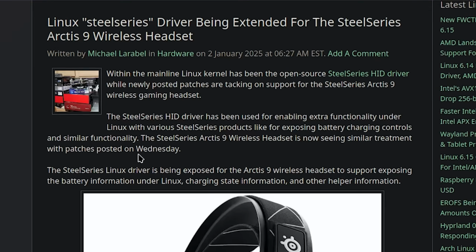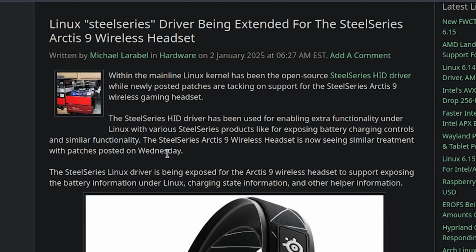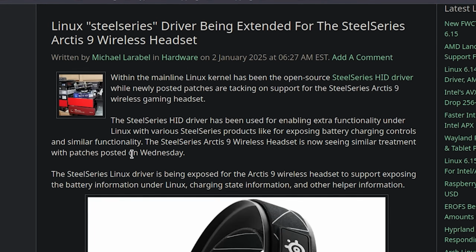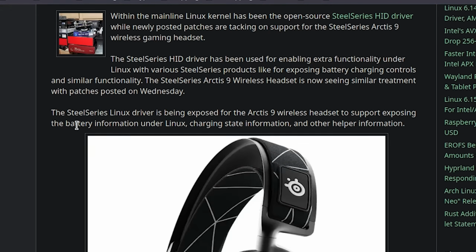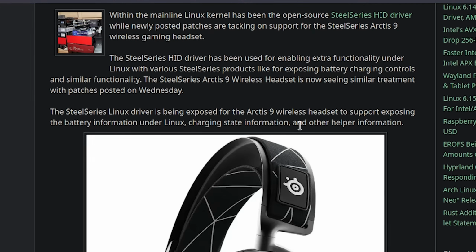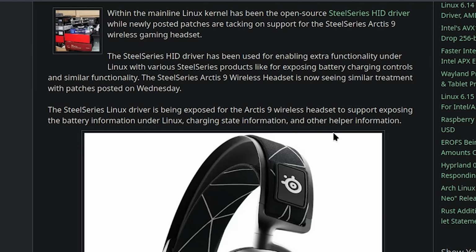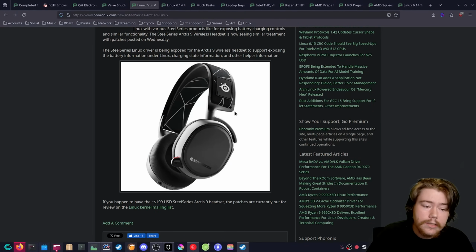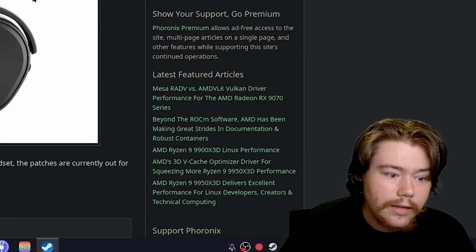As it says here, the SteelSeries HID driver has been used for enabling extra functionality under Linux with various SteelSeries products, like for exposing battery charging controls and similar functionality. The SteelSeries ARCTIS 9 wireless headset is now seeing similar treatment with patches posted on Wednesday. The SteelSeries Linux driver is being exposed for the ARCTIS 9 wireless headset to support exposing the battery information under Linux, charging state information, and other helpful information. So really cool. If you own this gaming wireless headset, you're now able to use it in Linux